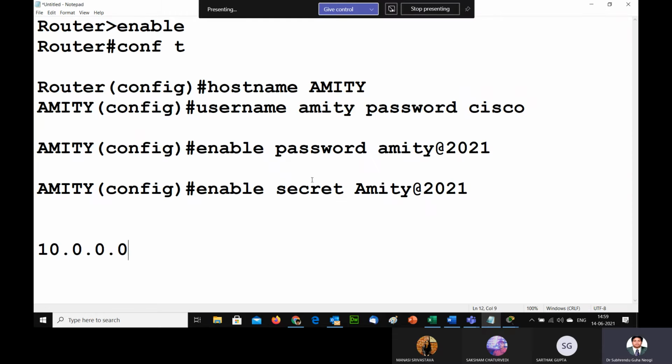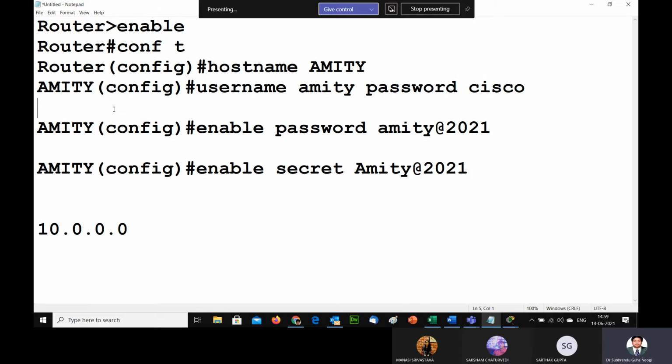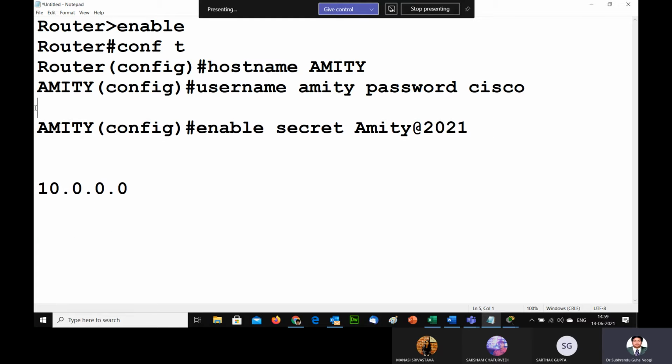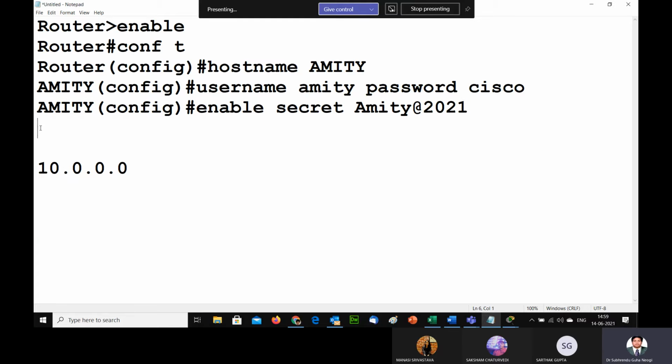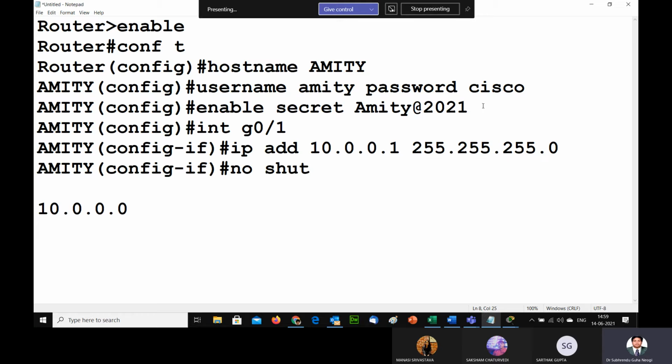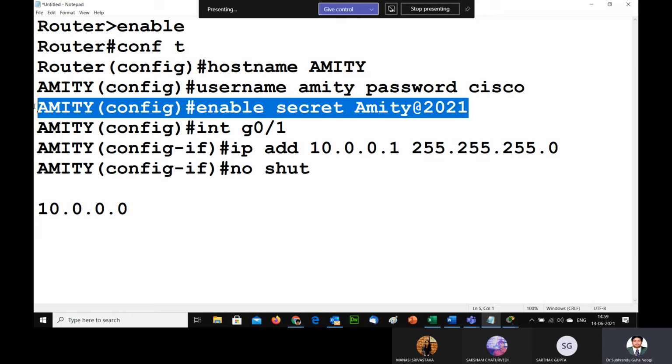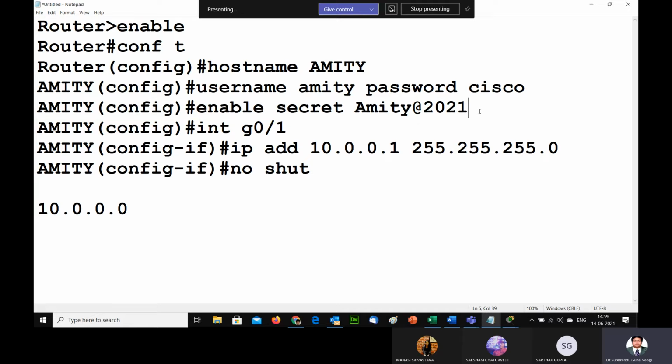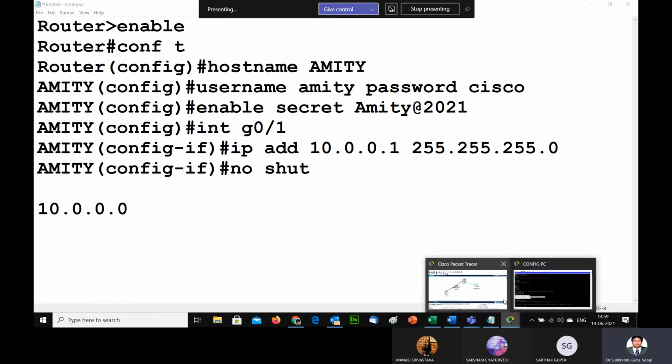So basically we have done some configuration by changing the host name, then creating a secret password, and after that this is the configuration of interface gigabit 0/1. Before that we did some other basic configuration also that I'm going to show. I'm just going to copy and paste it.